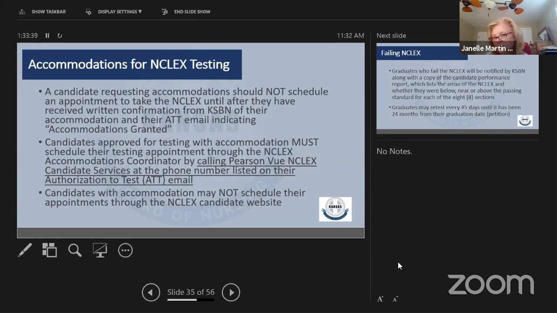So again, if they know they're going to need it, they're going to need something from you as the program director too. I believe one of the pieces is they have to have a letter from you if they've had any accommodation during their nursing program. That has to be documented by you, and they're responsible for sending it in, but they need to get that from you, if they had any accommodation during school. I think maybe they even have to have some sort of documentation from a doctor. Yes, that's the other piece.